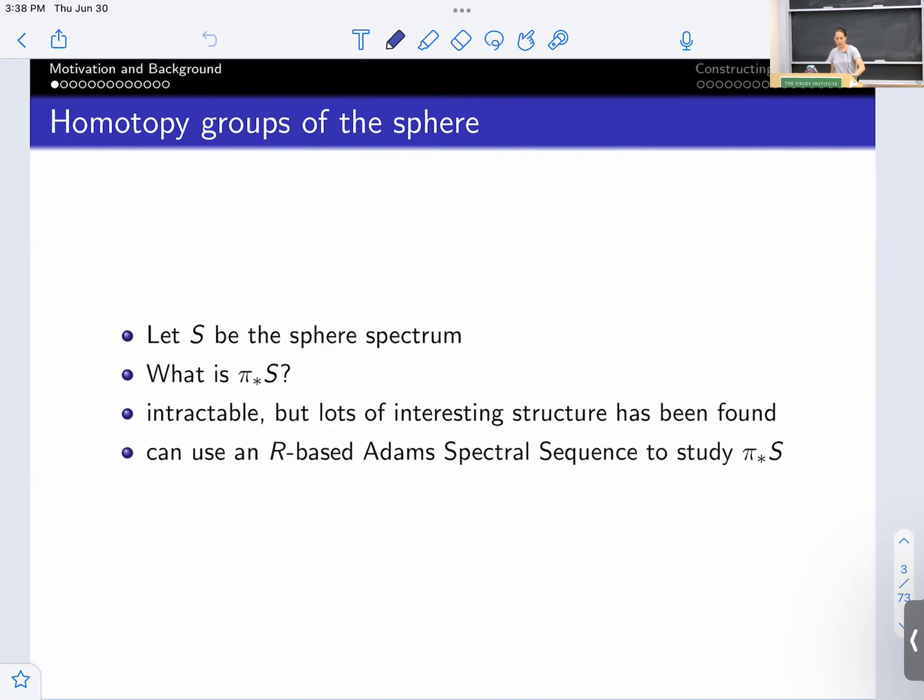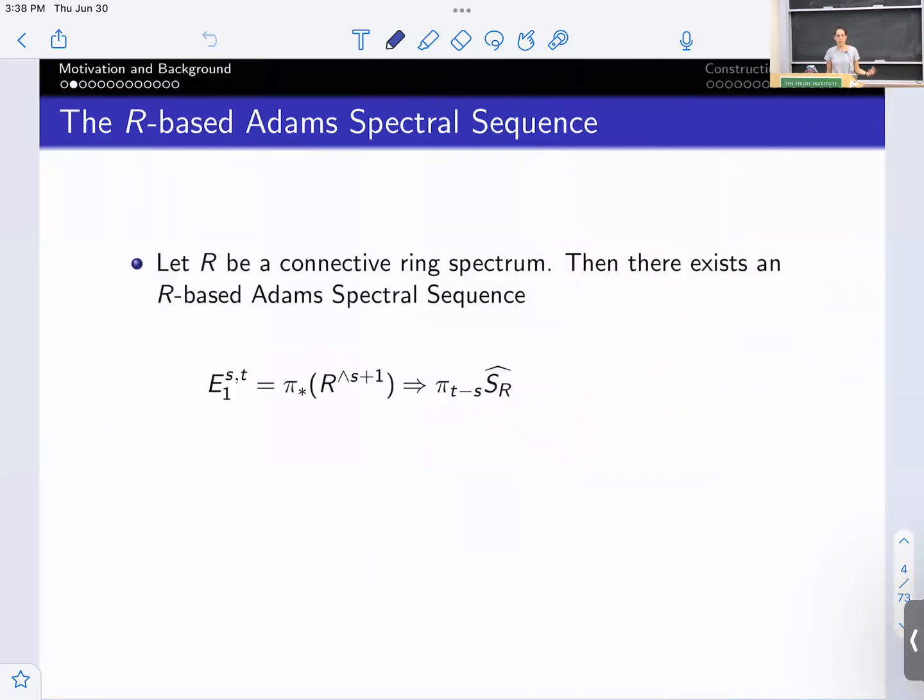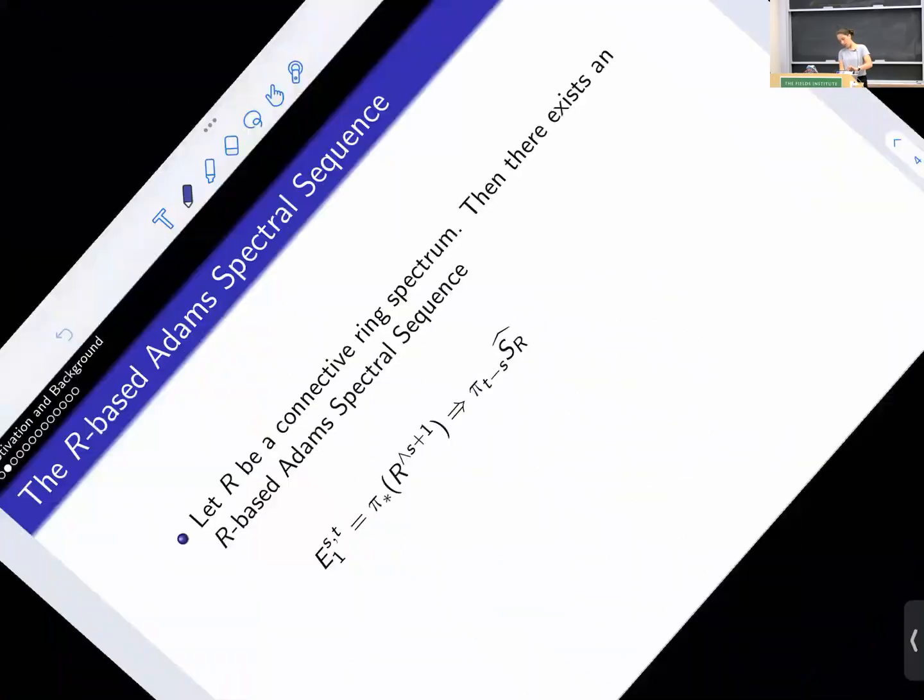So if we take R to be any reasonable connective ring spectrum, there will be an R-based Adams spectral sequence. So this is a spectral sequence whose E1 page has,